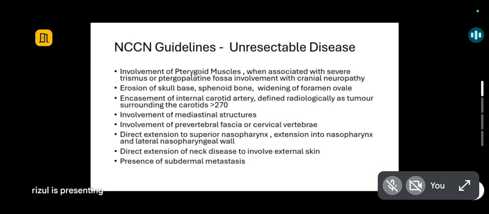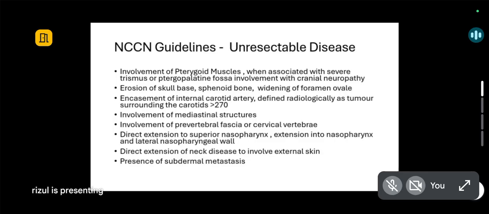So these are basically the NCCN guidelines to decide unresectable disease. If there is involvement of the pterygoid muscles associated with involvement of the pterygopalatine fossa, erosion of the base of skull, sphenoid bone with widening of the foramen ovale, encasement of the internal carotid, defined radiologically as a tumor surrounding the carotid more than 270 degrees, with involvement of mediastinal structures, involvement of prevertebral fascia, direct extension into the superior nasopharynx or extending into the lateral nasopharyngeal wall. If the disease is externally involving the skin with extension to the neck